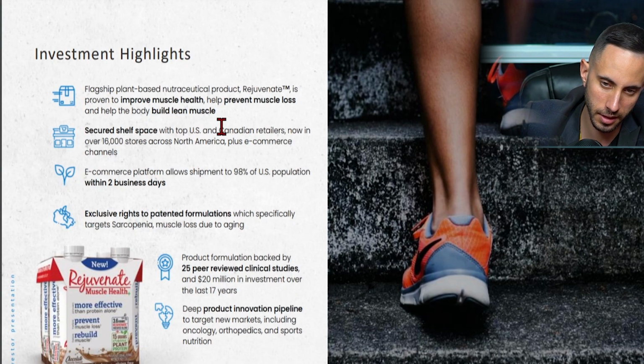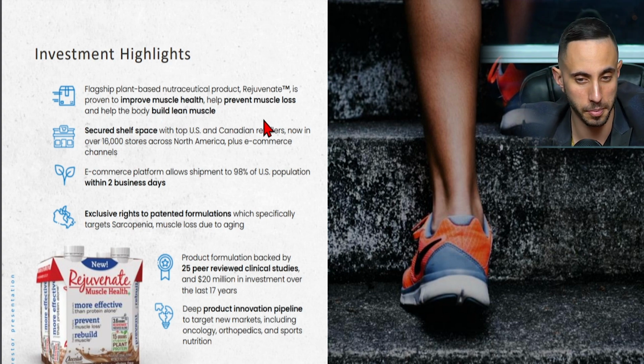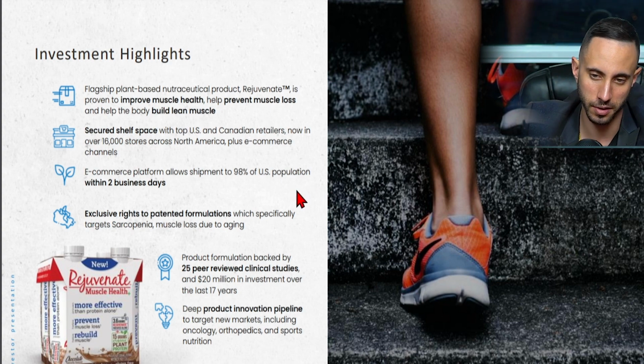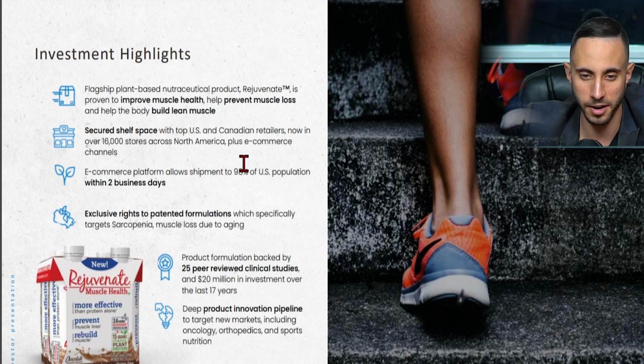So they've had some news recently. We will be talking a little bit about that, but I want to quickly go over the key points of this investor presentation, and we're going to skim through it, guys, because I know you don't like to listen to me just read stuff, but I do want to touch on the key points here. So the investment highlights, I think this is the most important thing. So flagship plant-based nutraceutical product Rejuvenate is proven to improve muscle health and prevent muscle loss and help the body build lean muscle. Secured shelf space with US and Canadian retailers, now in over 16,000 stores across North America, plus